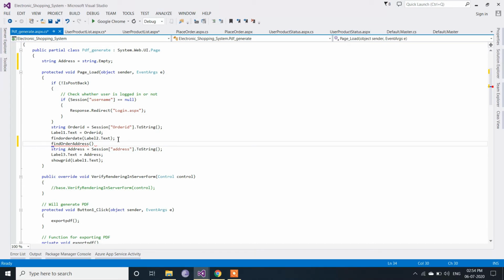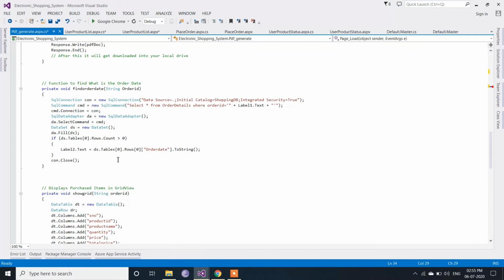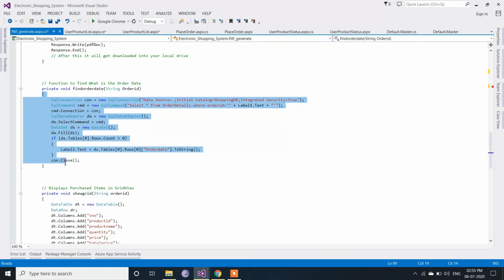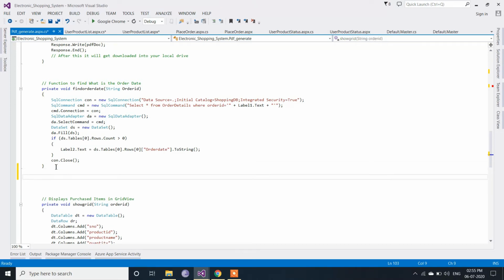Let's provide the parameter name address, which we have declared at the class level. Now we have to create this function. After we have created the function find order date, just after that we're going to create this new function.